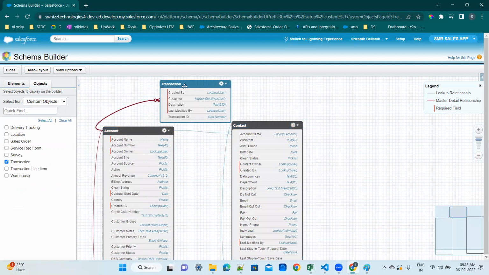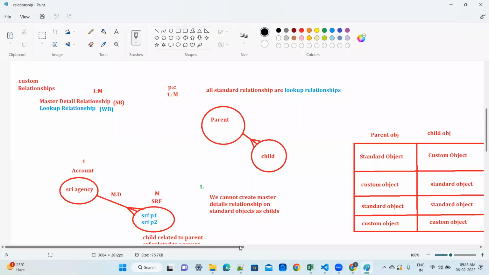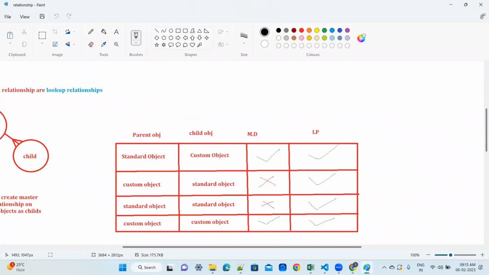This is a transaction, right? Now tell me, account is a parent, transaction is a child. What kind of a relationship are they having? Master detail relationship. Account is a standard object, transaction is a custom object. So we can create a master detail relationship because, as per this table we see, standard object and custom object, master detail is possible,